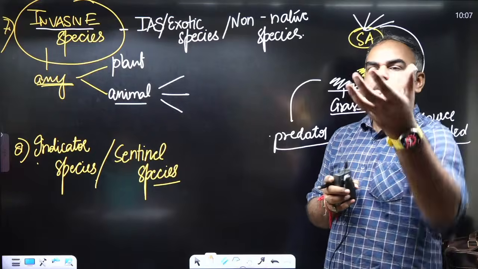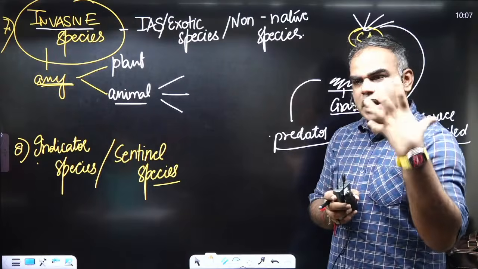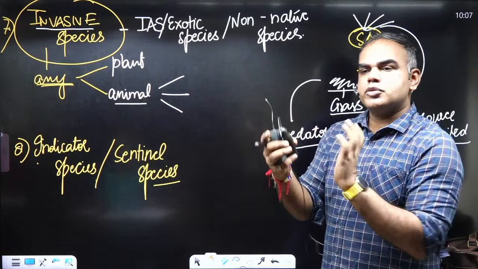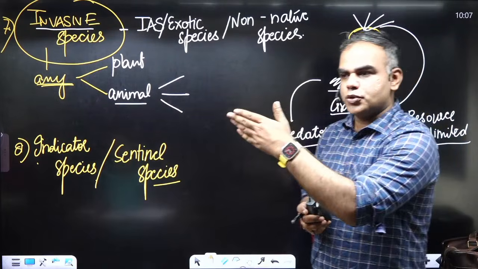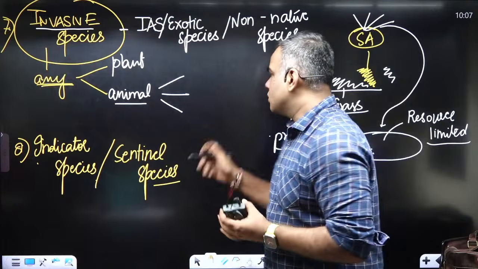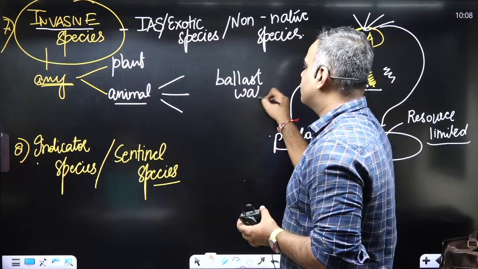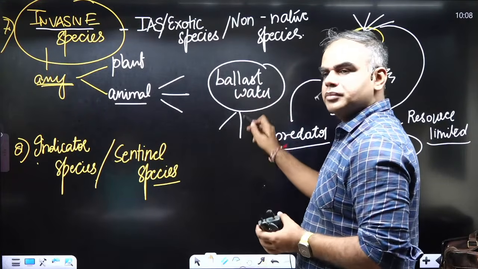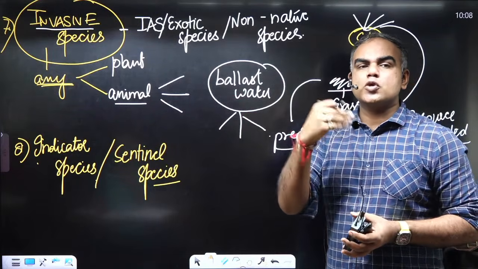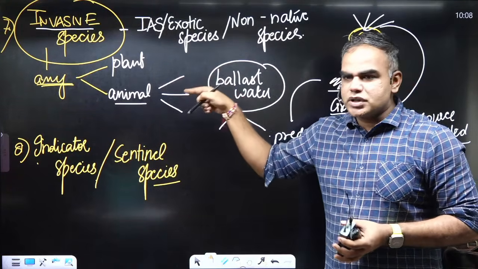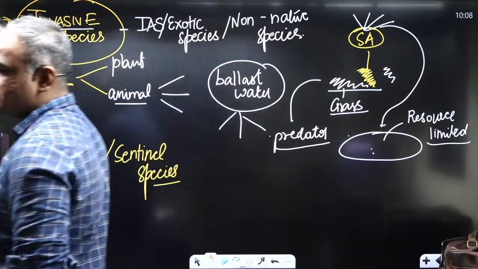Second way is a ship. A ship will have ballast water. From the ship's ballast water, they are also released into the coast. Suppose a ship is coming from South America and is parked near Kerala, or even the Tamil Nadu coast. The moment the ship is parked, there is this ballast water, B-A-L-L-A-S-T. Through that ballast water, they can be released. Yes or no? So my point is, invasive species can have different mechanisms, different sources of release. Just write down sources of invasive species, and then we'll write the examples and the consequences of them.